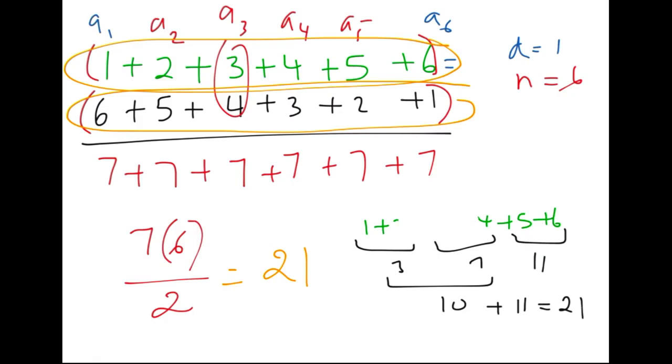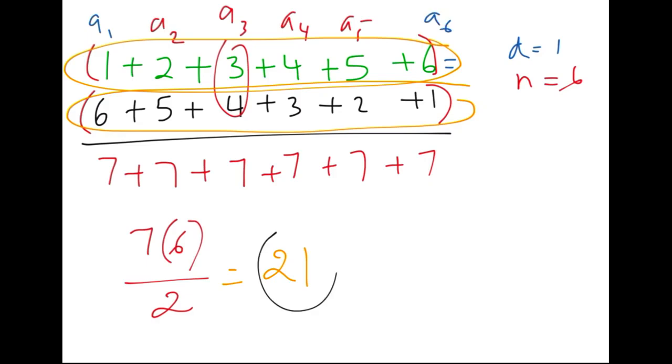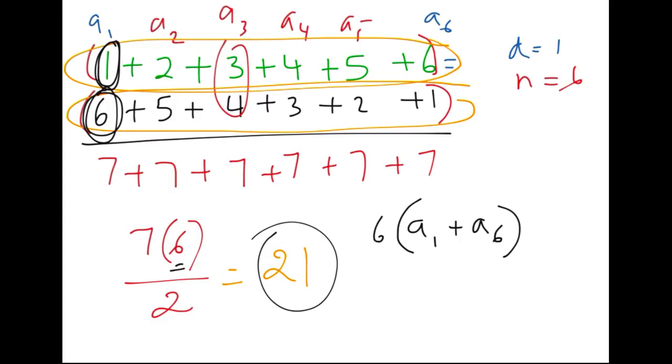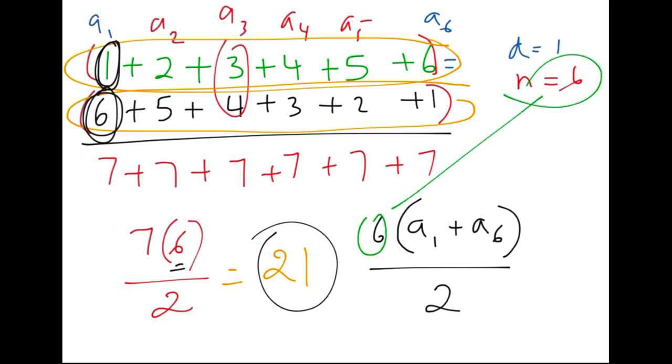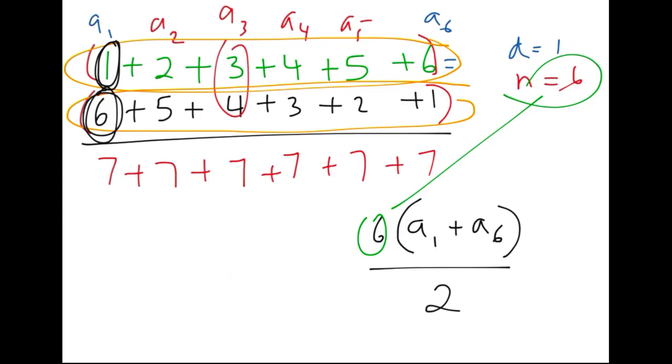So what would you say is the general formula for this? Let's see how we got 21. We took this number A1 plus this number A6, and then we multiply by 6. What does 6 mean? 6 is N. We multiply by 6, then we divide it by 2. Now let's see, however, what does that mean? What is 6? 6 represents the number of terms. So in other words, you may say that the sum, when you have n terms, is going to be n